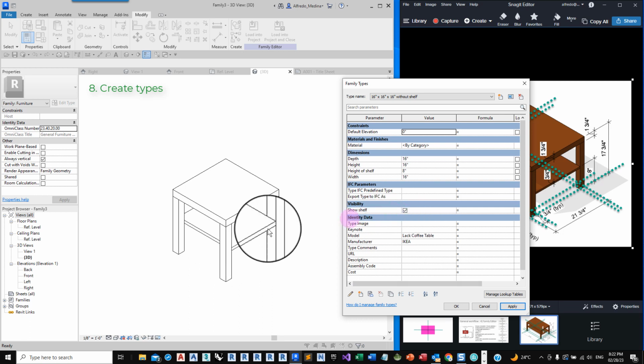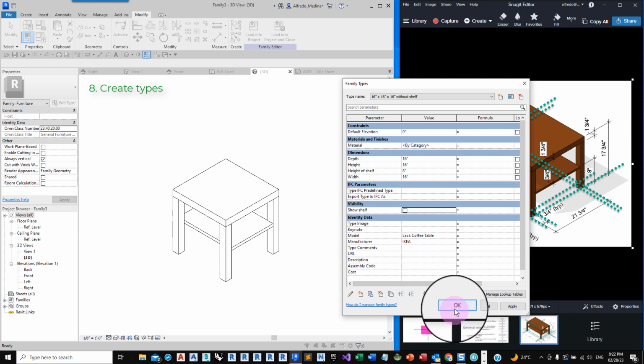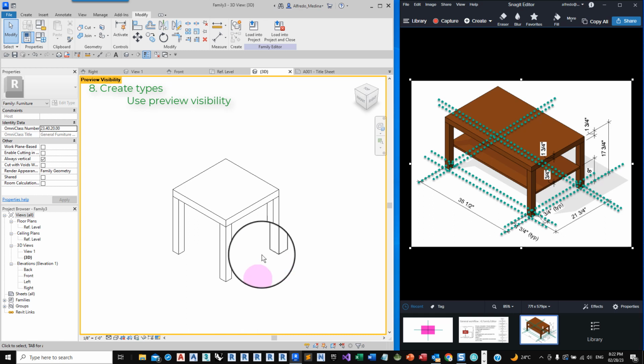If we don't want to see it at all, we can say no, do not show the shelf, click OK, and then use this option here that says preview visibility and turn it on to see the object exactly as it would look in a project. Okay, notice that now there is a yellow color, and something here that tells us that we are in that mode, the preview visibility.